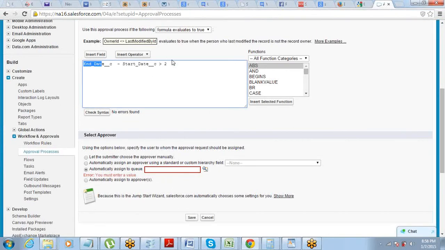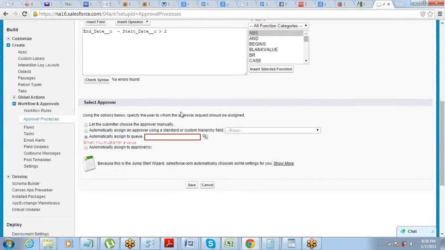Why I'm putting greater than 2 is, if the start date of your PTO is 11th Jan and end date of your PTO is 14th Jan, this will make it how many days? 4 days PTO. 1 2 3 4, right? So we cannot make it greater than 3 because greater than 3 will become 4 days.